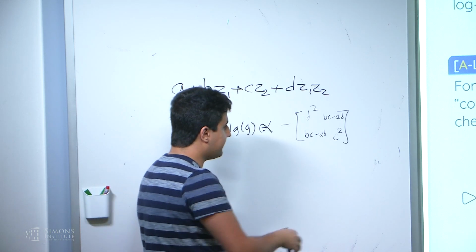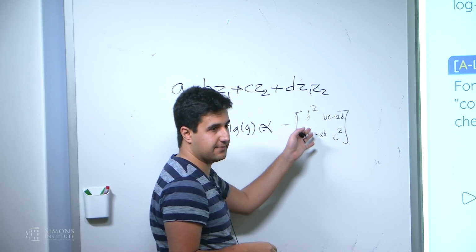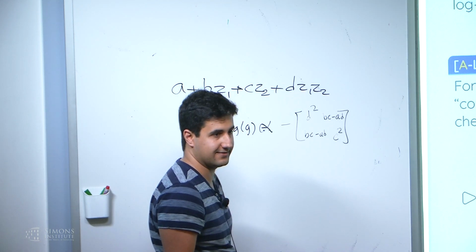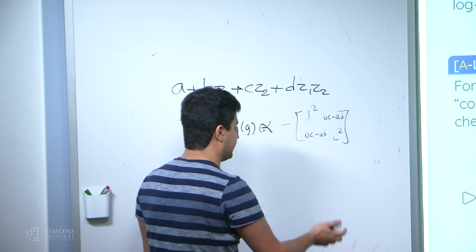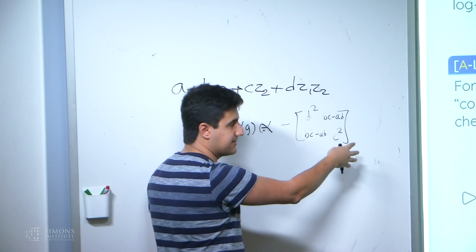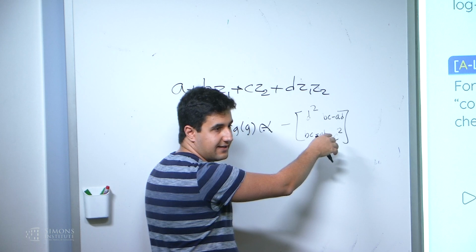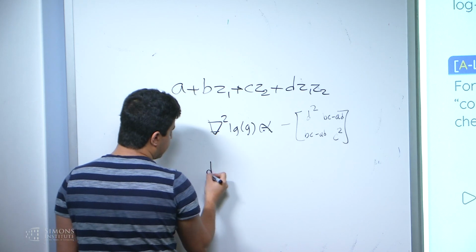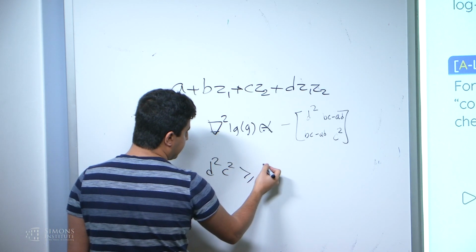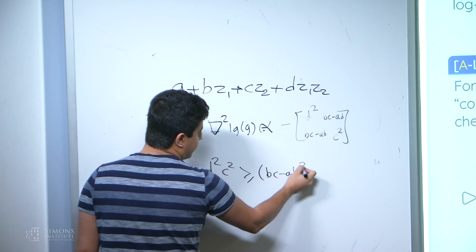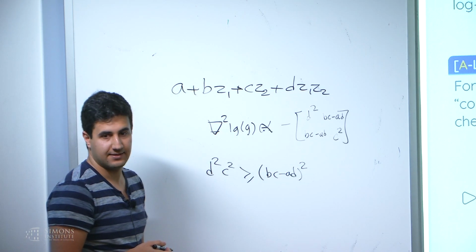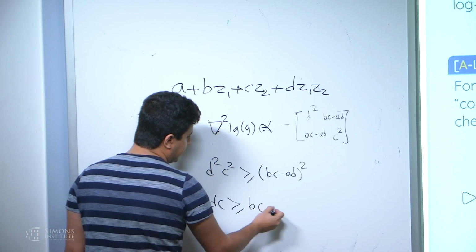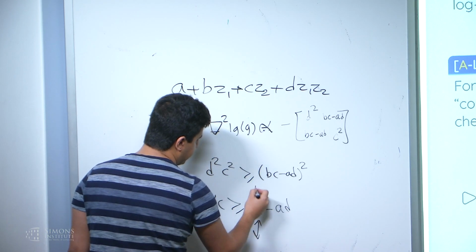And you can observe that this is a matrix with a positive trace, so you only have to check the determinant to make sure that both of the eigenvalues are positive, because you're taking the negative of this thing. So you want d squared times c squared to be bigger than bc minus ad squared, right? So I can just take a square root of this, and I get dc bigger than bc minus ad, which is basically the same as